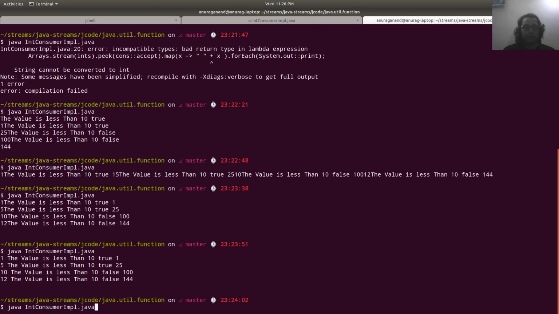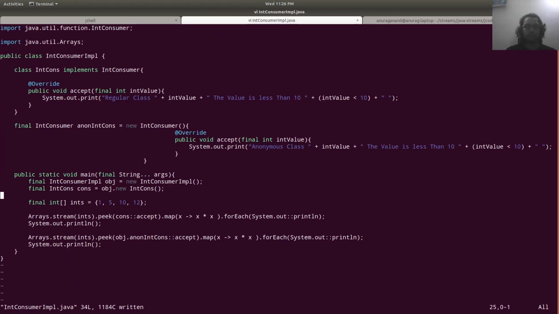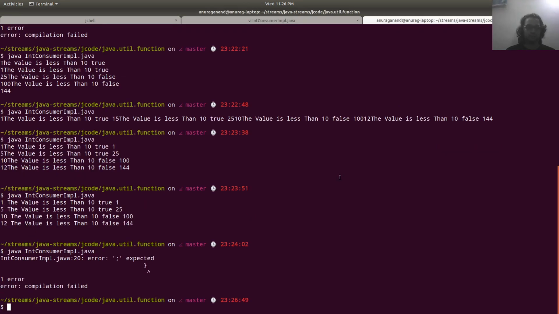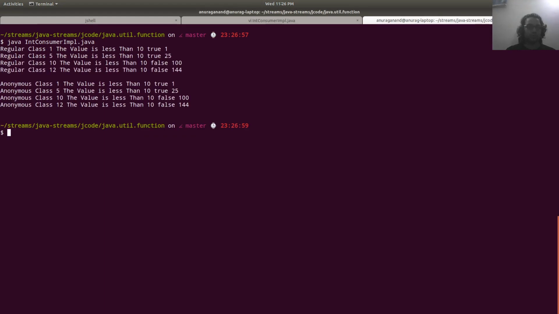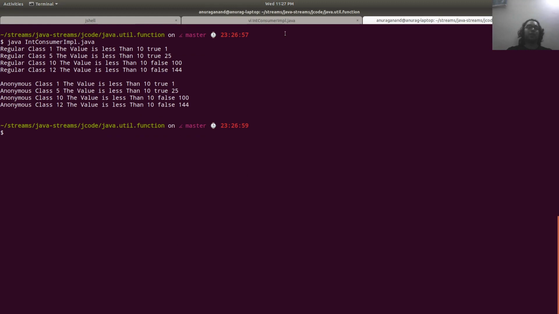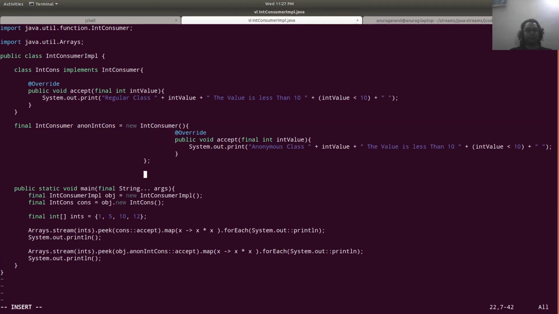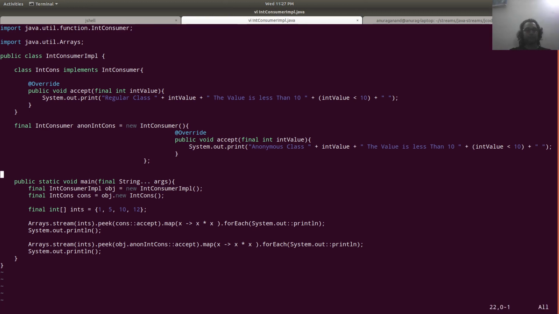So let us test this one. Now you can see that we are using an anonymous class to do the same operation, or you can say that I have used an anonymous class to provide the implementation for IntConsumer.